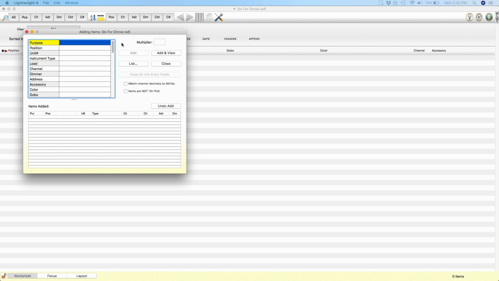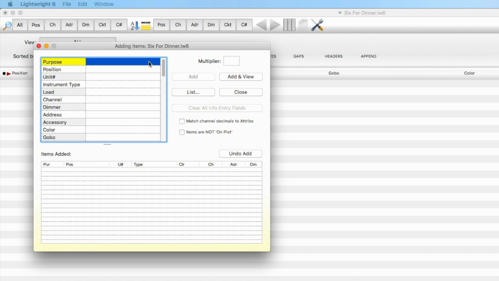Okay, so let's add some lights. Let's go ahead and start with the first electric. Looking back at the rough plot for 6 for dinner, we see that the first 2 units both have the purpose of being for pipe ends. Into the purpose field, type SL ends in all capital letters,